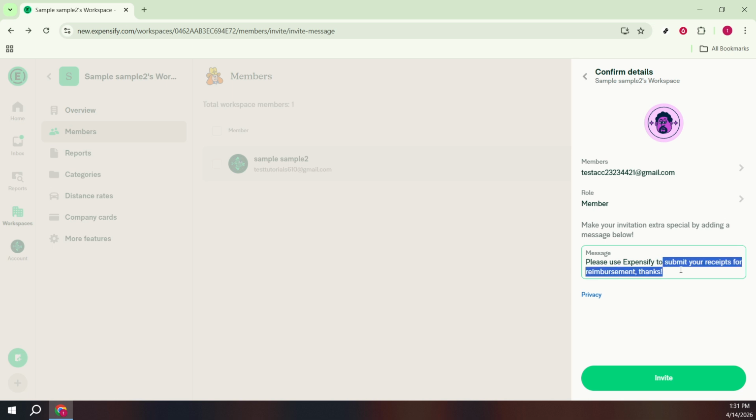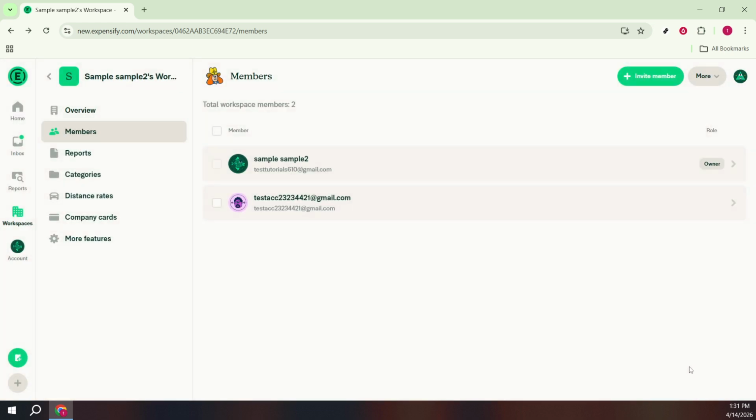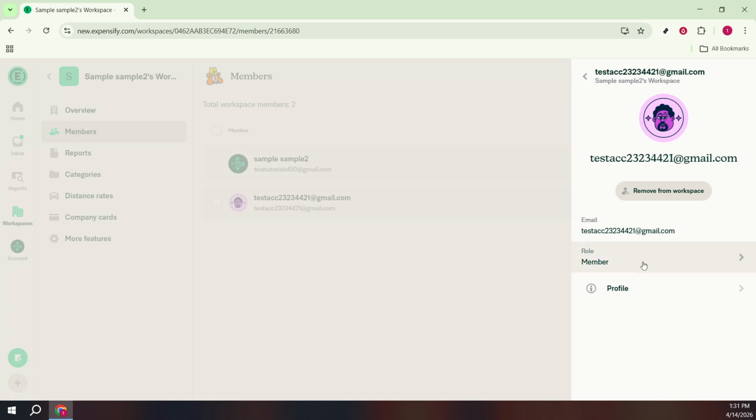Finally, click Invite. Expensify will send the invitation and the person will appear in your members list. You may see them marked as pending until they accept. If they don't receive the invite within a few minutes, ask them to check spam or filters and confirm you used the correct email. After they join, you can return to the members area anytime to adjust their role or